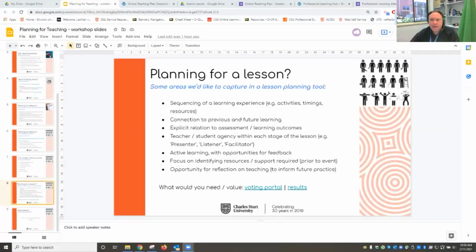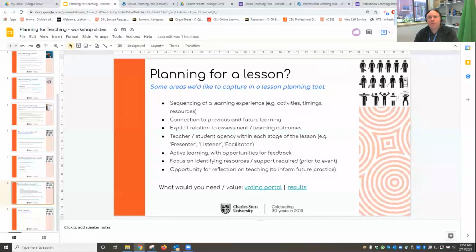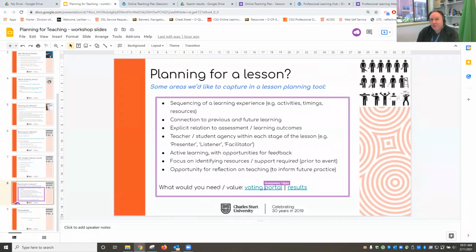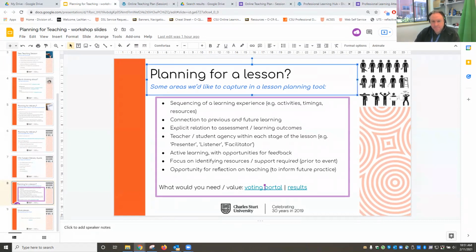The last thing that I wanted to talk to you about, and I will start sharing my screen again, is the notion that we are also building towards planning tools that are at more micro level, if you will, to types of delivery. So one way of conceptualizing that, for example, is a lesson planning tool. I will make this a bit bigger.